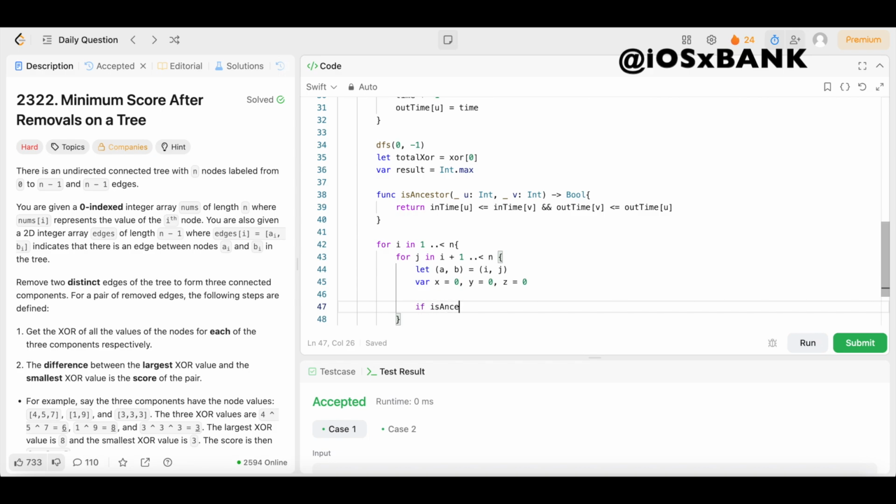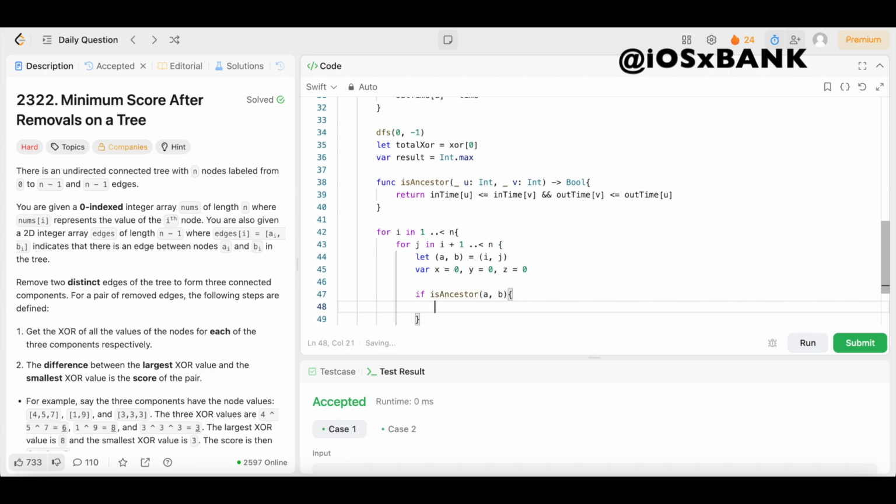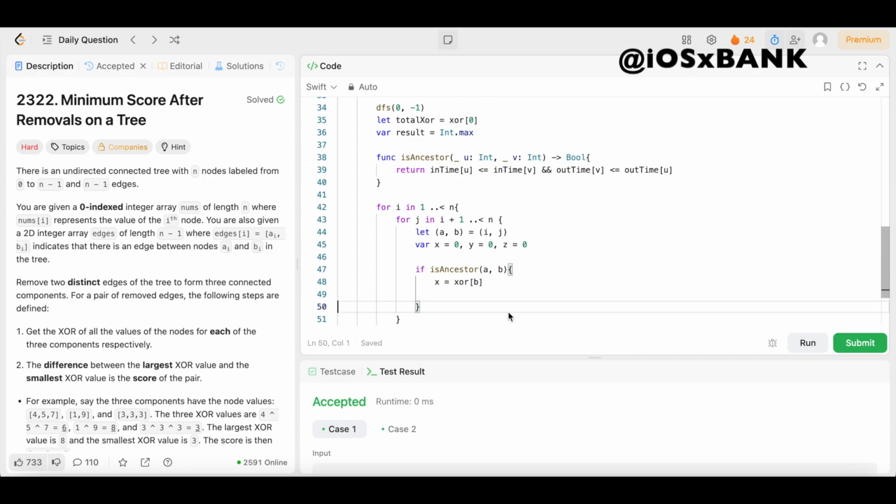isAncestor, open up the parentheses, A, comma, B. We're going to open up the brackets, and our subtree is going to be rooted at B, so we're going to say x equals xor[B]. Then we're going to come underneath that,